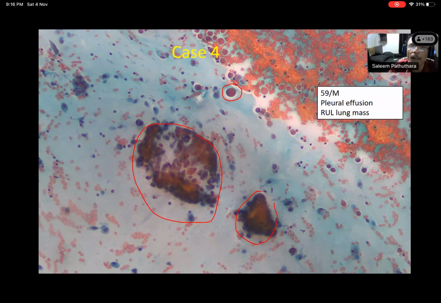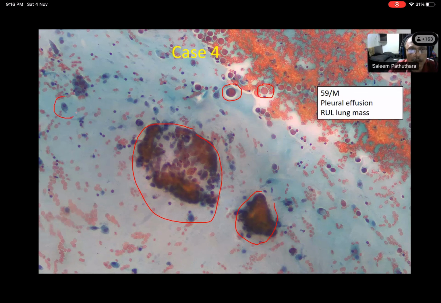Can you see the nucleus in this cell? Sir, I can't see the nucleus. We are presuming the nucleus, no? Okay, look, I'll show you another single one. Look at this single cell in the middle of the RBCs, right? So can you see which is cytoplasm, which is nucleus? No. Both are having the same staining, right? Yes, sir. What kind of a color? It is a reddish color, right? Yes, sir.